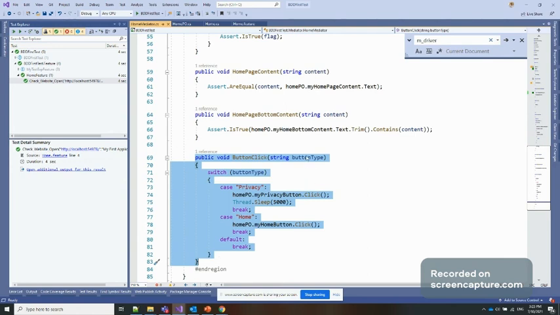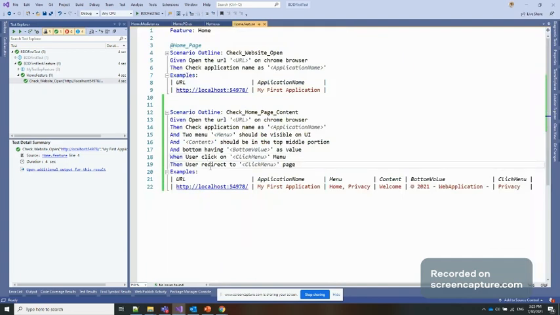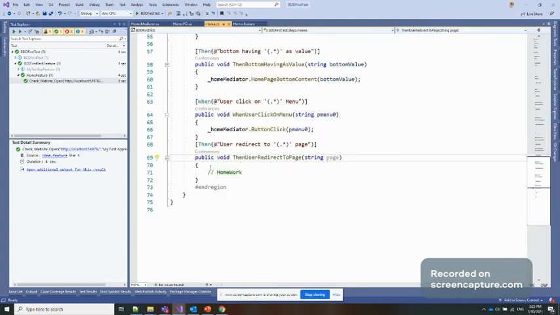And here the thing you can see is that it is dynamic. Here we are writing our switch case, like if it is privacy, then click on the privacy and Thread dot sleep for some milliseconds. I intentionally put this in, because otherwise we can't see what is going on in the UI. Similarly, there is home. For home, I just click on this one. And the next step is the user is redirected to the privacy page. So you can see it is the privacy page you get here.